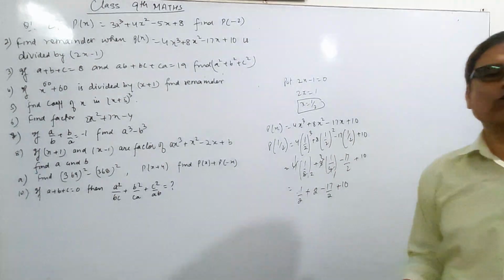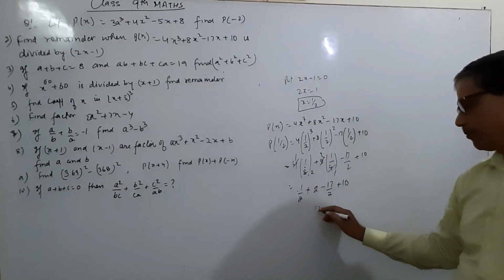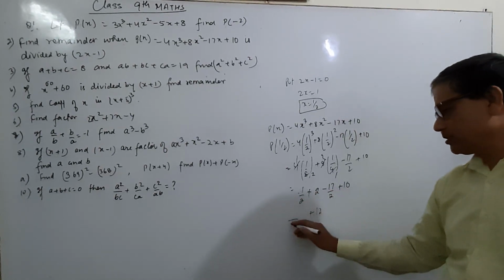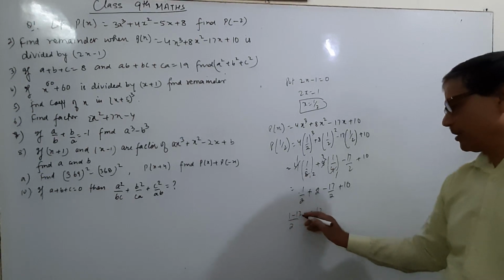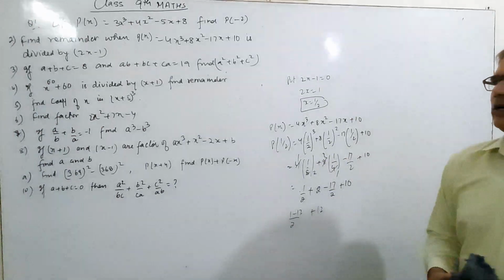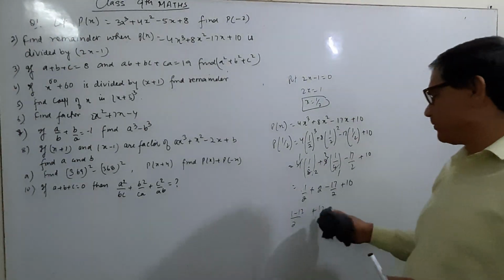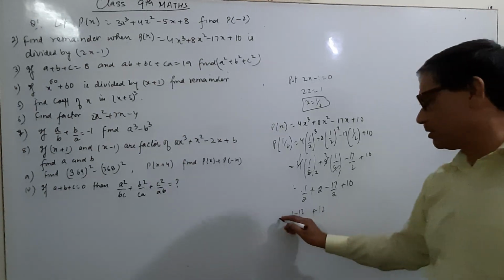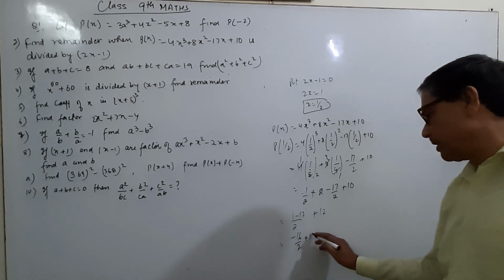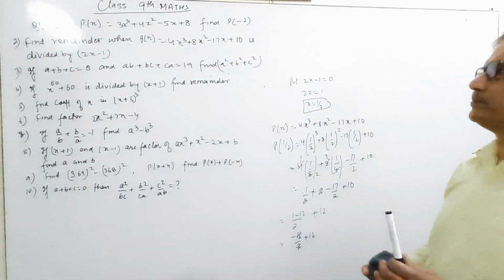After that you can solve by finding the LCM. An easy way to find it: 10 plus 2 is 12, and the denominator 2 is the same, so 1 minus 17, and plus 12. Further you solve yourself. It is your solution. Check whether you are right or wrong. After this you solve each and every question. This will be minus 16 upon 2 plus 12. Now you can solve easily. This will be minus 8 plus 12, and the answer is 4.